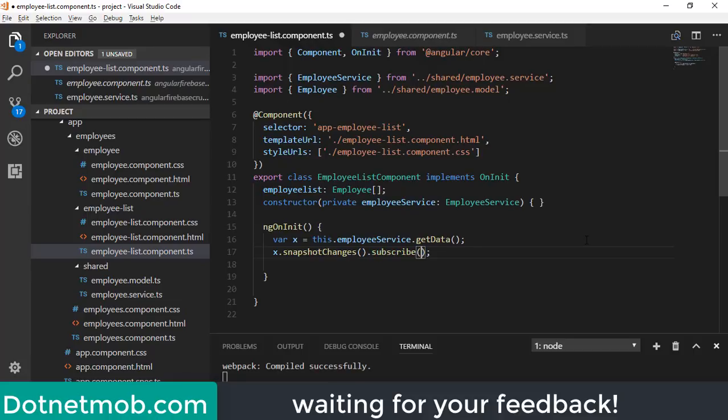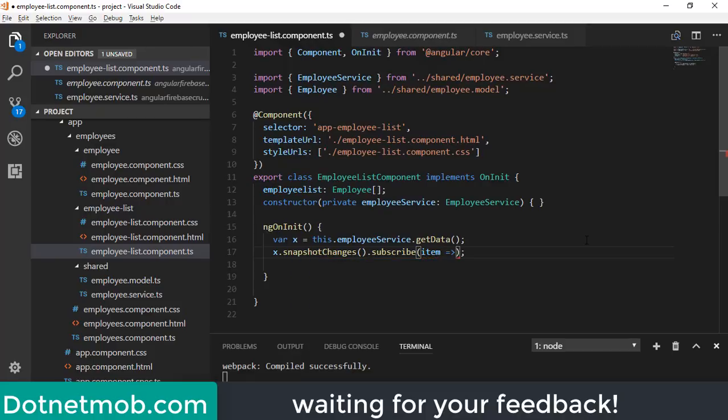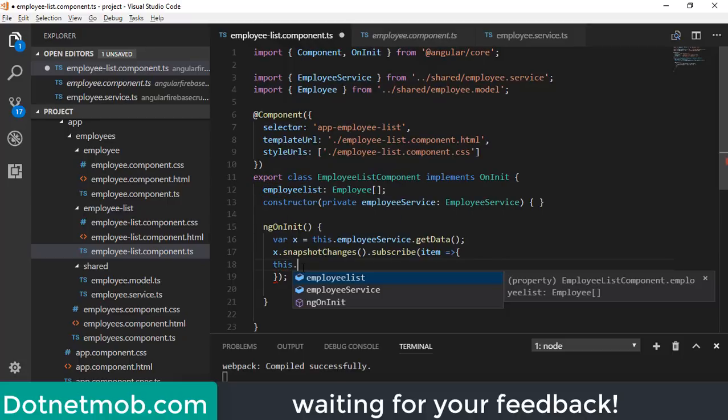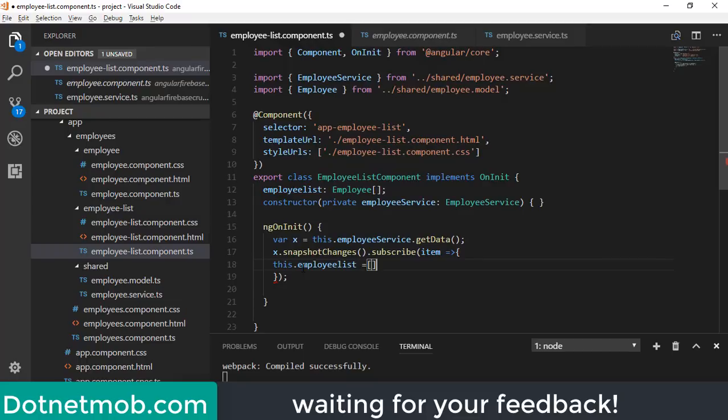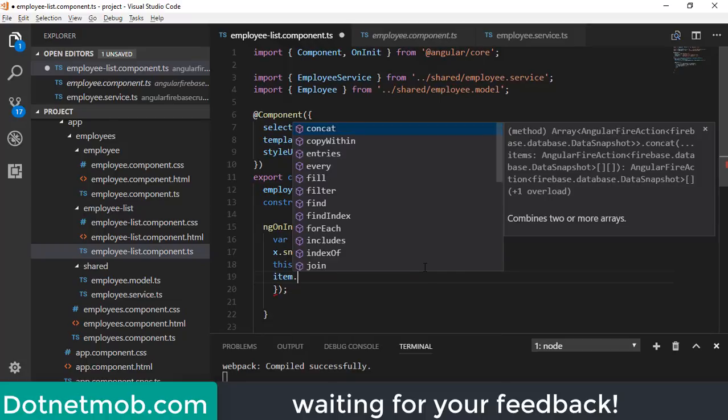Inside this subscribe function, we can define an arrow function. First of all, we will initialize this employee array here. this.employeeList is equal to an empty array. Then we will iterate through the data snapshot array items. For that, I will use a forEach loop, item.forEach.